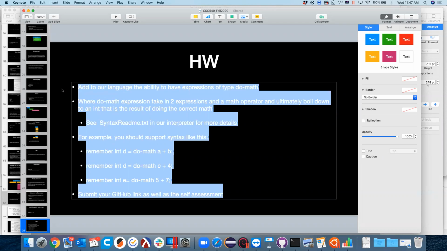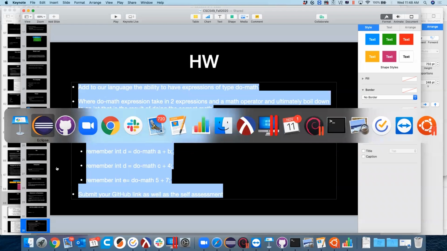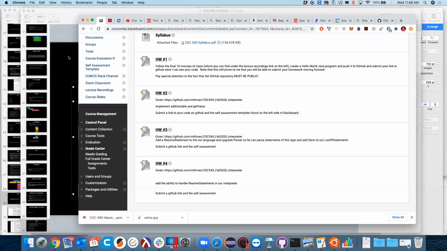And then you're going to need a function that will do the correct math. Resolve the first expression, resolve the second expression, then if it was a plus sign, add them together. It was a minus sign, subtract them. It was the multiplication sign, multiply them, and so on and so forth, right? All right, so this should not be too bad, but you'll want to go through the current code and make sure you understand it. Let me add this to our